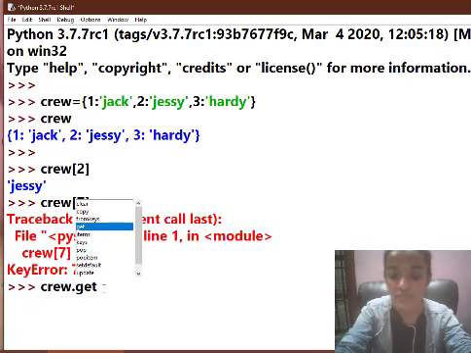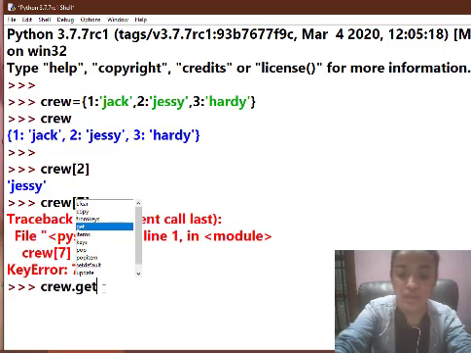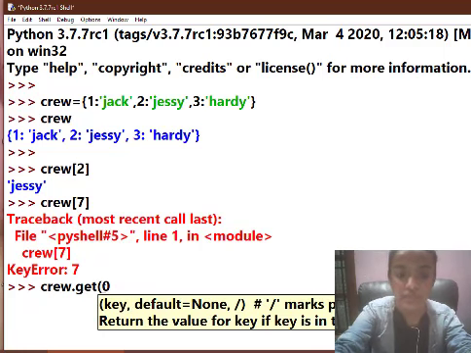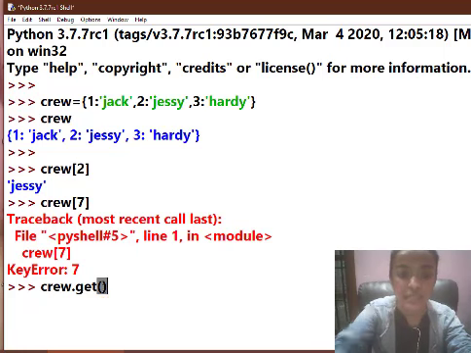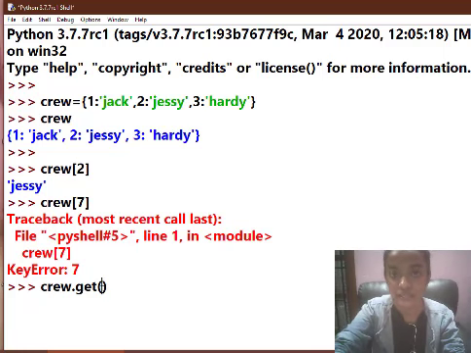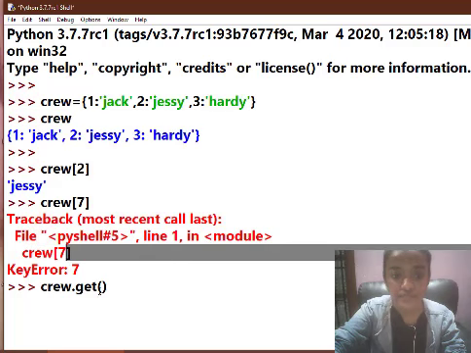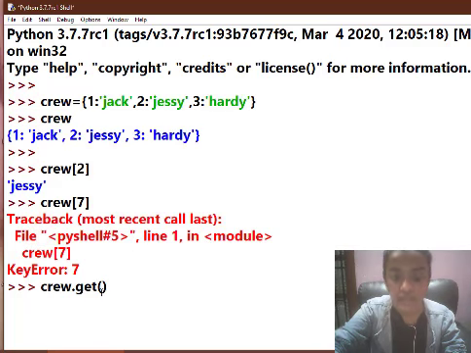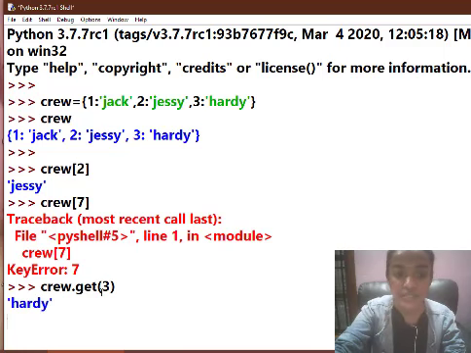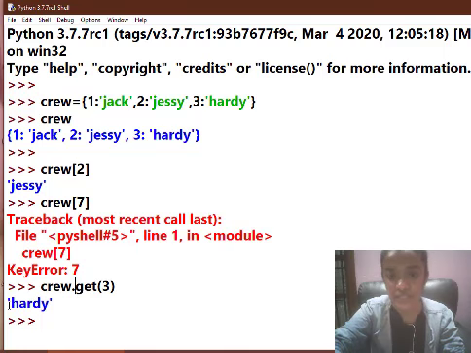And after this get, we have to open our parentheses, and inside the parentheses obviously we should enter the key which we need. For example, if I need to fetch Hardy here, then I have to put in the key 3. So inside the brackets here I am using the key 3. When I press enter, I get the value for the key 3, which is Hardy.